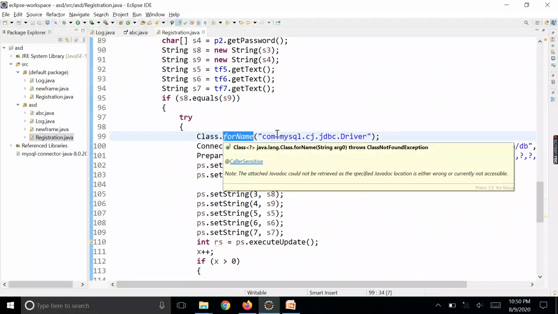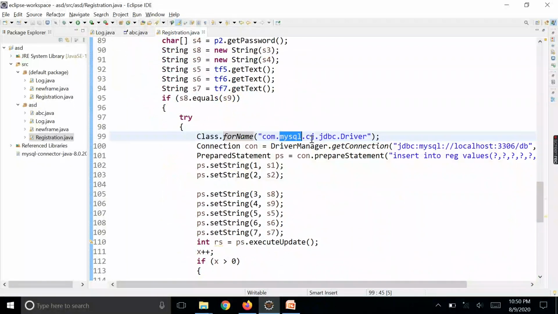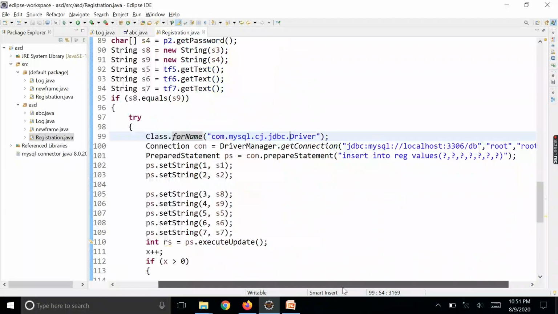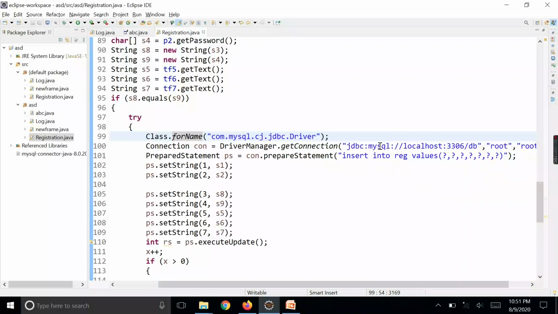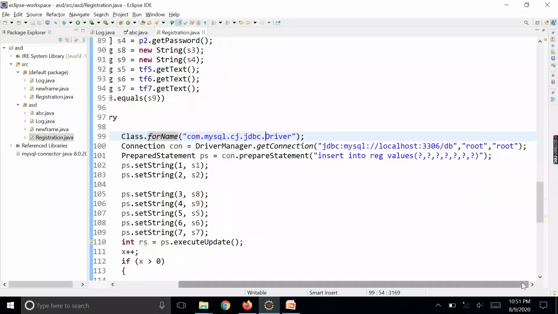As you know, we are using the MySQL component, so use com.mysql.cj.jdbc.Driver. Then we are using Connection con equals DriverManager.getConnection. Inside that we are using jdbc:mysql://localhost:3306. So localhost is the MySQL server, 3306 is the port number, db is the name of the database, and root. The first root is the username, the second root is the password of MySQL.